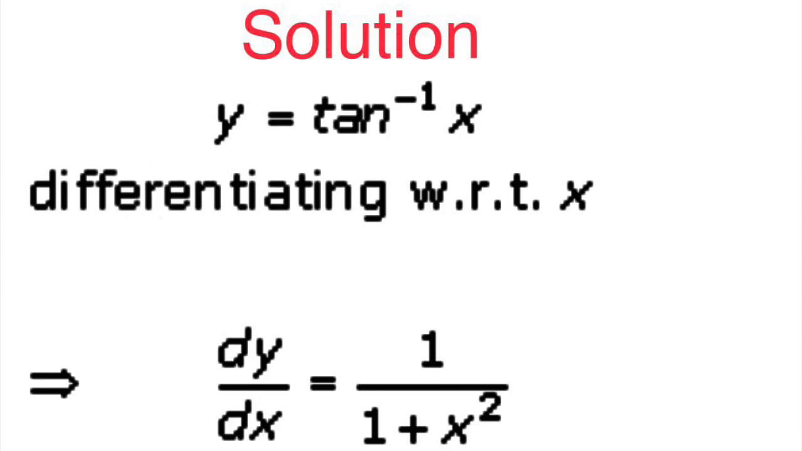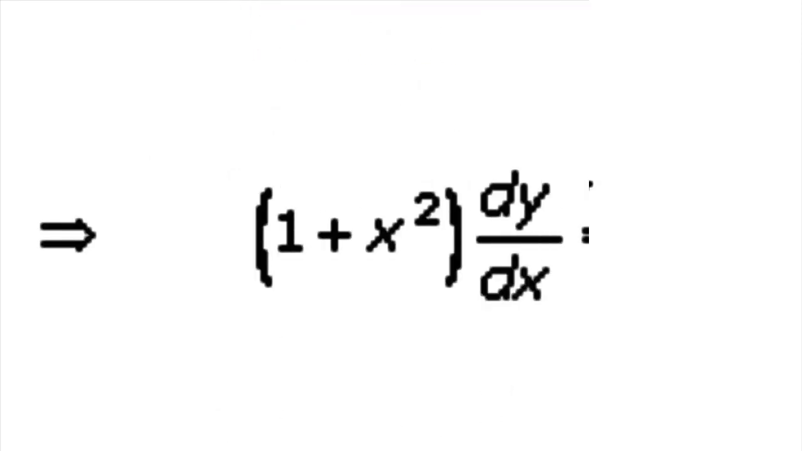Since y is equal to tan inverse of x, now we are going to differentiate it with respect to x. So we will get dy upon dx equals to the derivative of tan inverse x, which is 1 upon 1 plus x square. Now we are going to transfer 1 plus x square to the left hand side. So we will get 1 plus x square into dy upon dx equals to